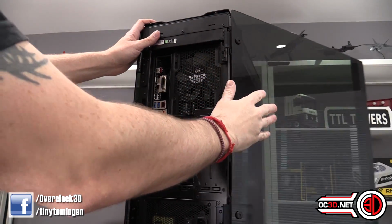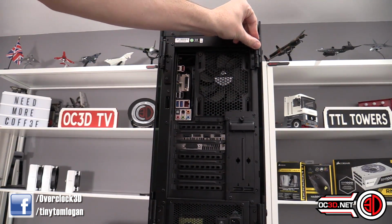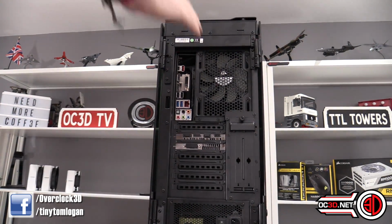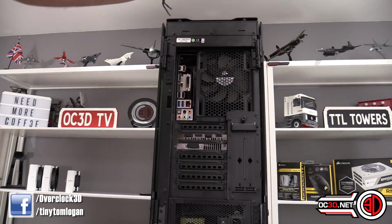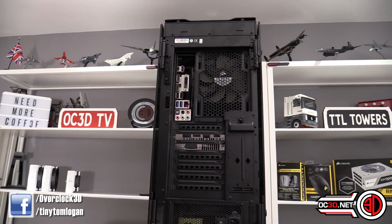The top latch is longer, so when you do fit it, you make sure you get the top one in first and then line the bottom one up afterwards. Makes life really easy. Rear fan only 120, although you can move it up and down. Something that you can see from this, other than the fact I forgot to put the I/O shield on, is